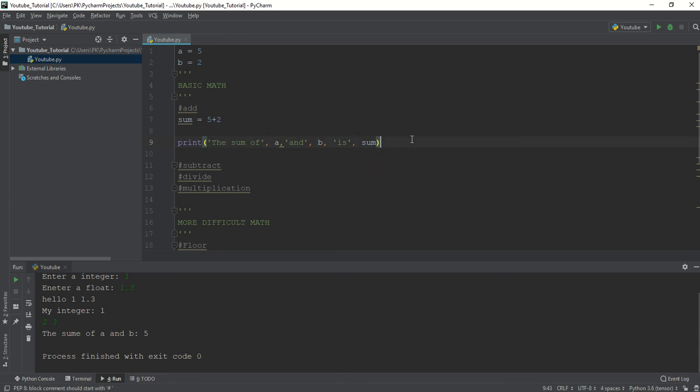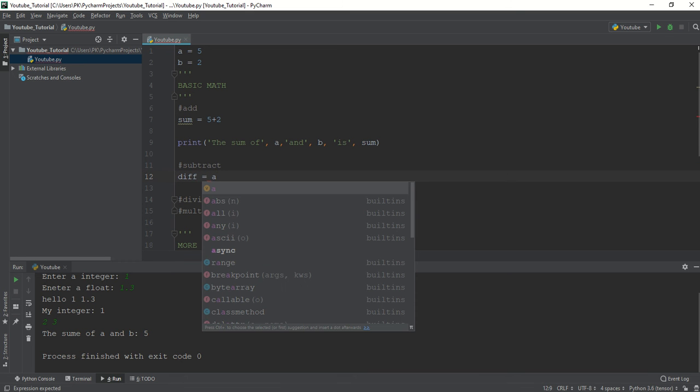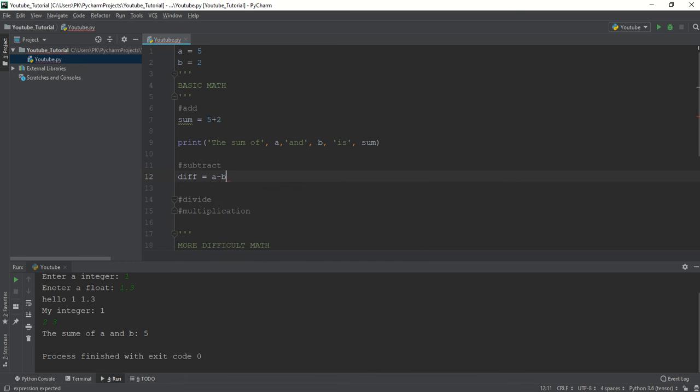Subtraction. I'm just gonna call this variable diff. And again, in Python, you don't have to write the type or anything. You can just do a minus b right away, and then we'll copy in our print statement and change this to diff. The difference between